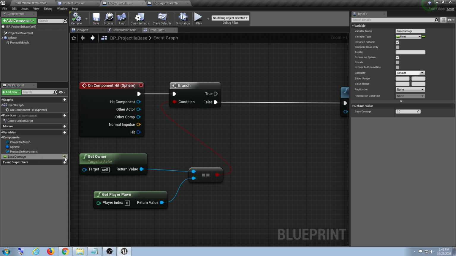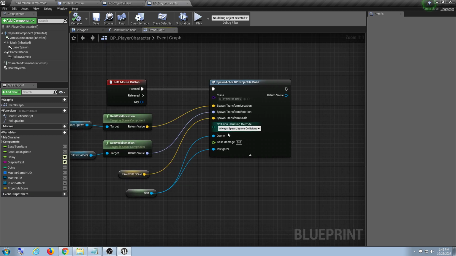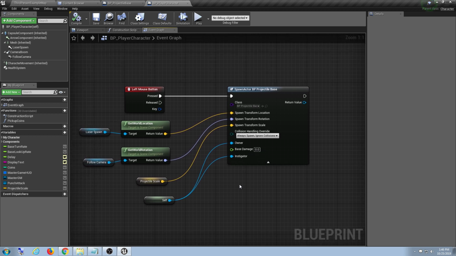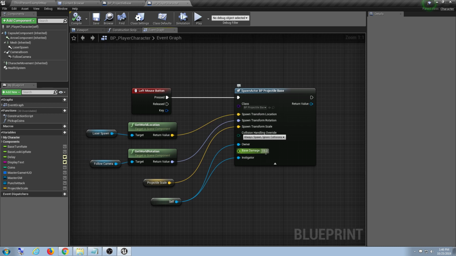So as long as instance editable is turned on, expose on spawn is turned on, compile, save, and go back to the character, we have a new input here, and it says base damage. So when you spawn the actor, you can give it properties before it even gets into the world, which is really cool. So let's say it does 15 damage or something. 1 million damage. Okay. 1 million. So you type a number in here, and then inside of projectile base,